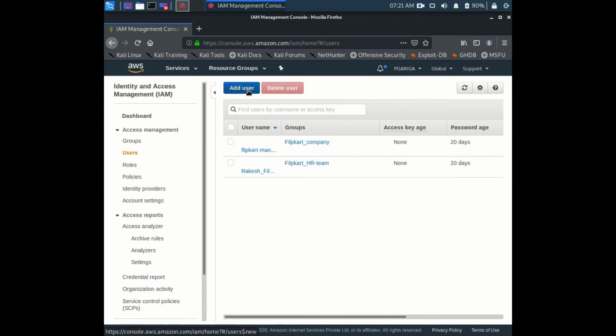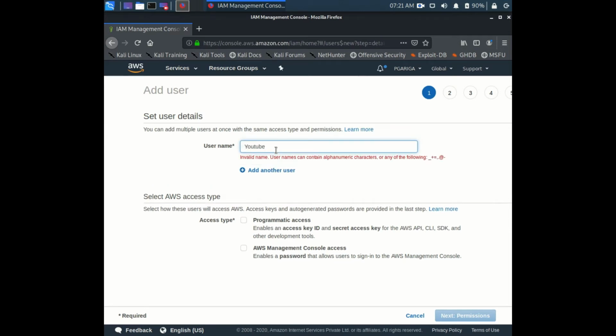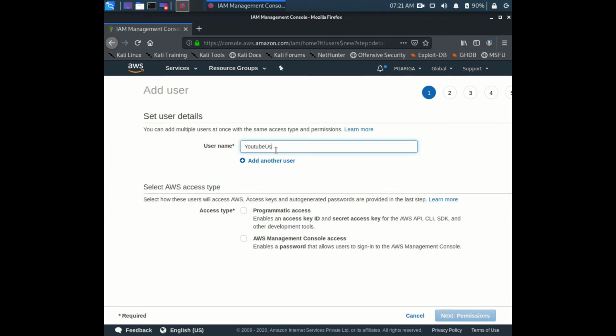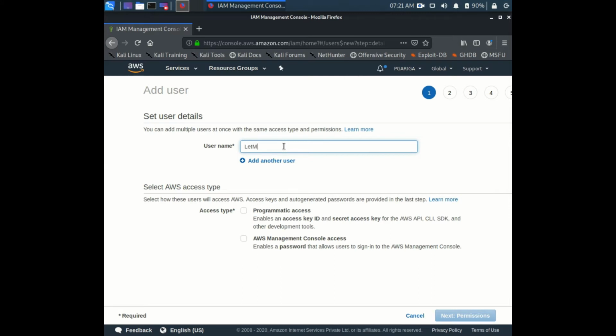As of now I'm creating a user. Let's assume your name is YouTube user. So here I'm creating a user for you, YouTube user. Not that YouTube, let's go with my channel. Let me hack it. Okay, just type let me hack it and just click on giving console access. So I will be getting the password here. If you want to generate a custom password, you can generate your own custom password.